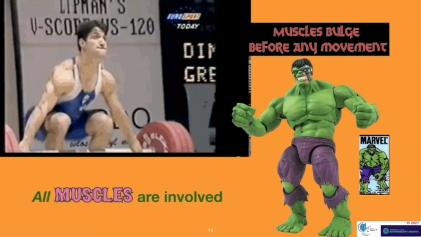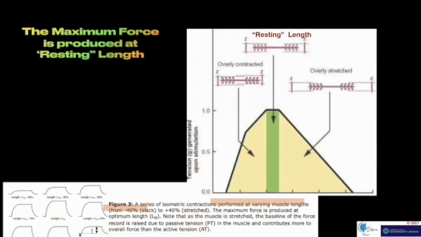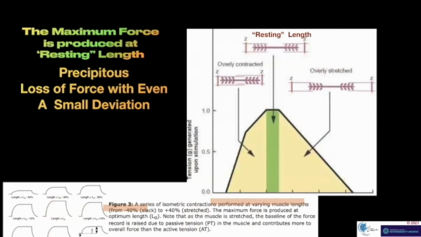I don't trust most muscle testing, but this is one of the muscle testing I believe because I happened to do it when I was in medical school. You string a fresh muscle on a spring frame at what is considered its resting length, and you test its strength by putting an electrical charge through it. And then you can either shorten the muscle or lengthen the muscle and test it again. And you find out that there's only a very narrow range, this range right in here, where you're getting the maximum force. As soon as you move one way or the other, you lose the power in the muscle,